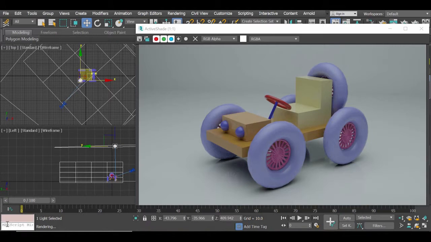time using Arnold renderer instead of the default scanline renderer. So the main difference between the Arnold renderer and the default scanline renderer is that Arnold is going to imitate real life situation. I was talking about how light works and I went over the basic details, but what happens